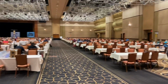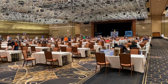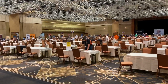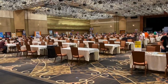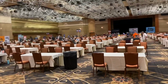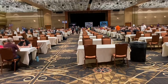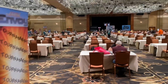All right, so it's about 9:30. This is the main gaming hall. Little empty right now, but I have a feeling it'll fill up later. There is basically all open tables. So they're all set up for 4 people. Good, about dinner table sized,